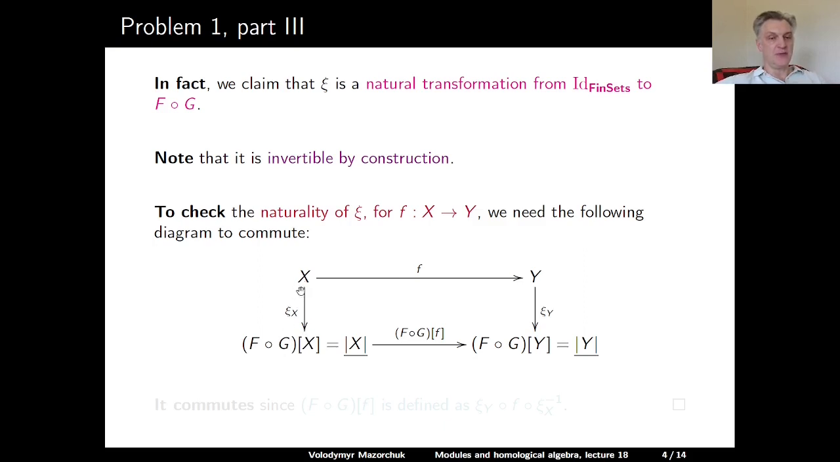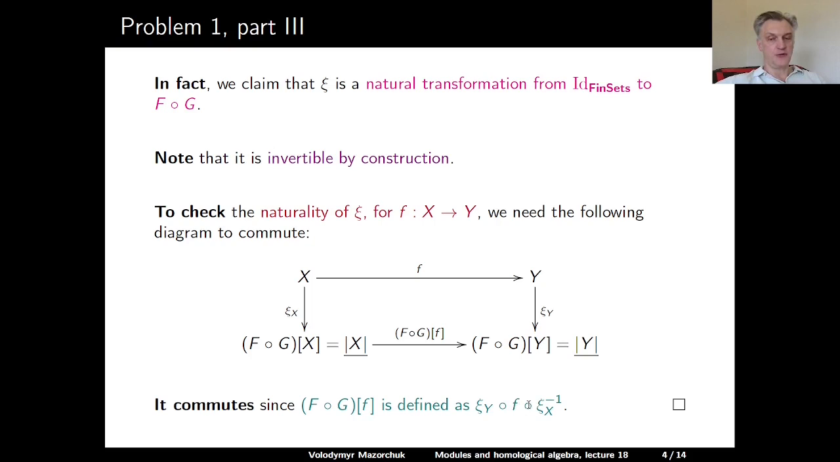And the map between them is our chosen map xi sub x. Similarly, we have xi sub y from y to the cardinality of y underlined. And then in the second law, the horizontal map is f after g applied to our map little f. And this commutes since the value of the composition f after g applied to our map little f is by